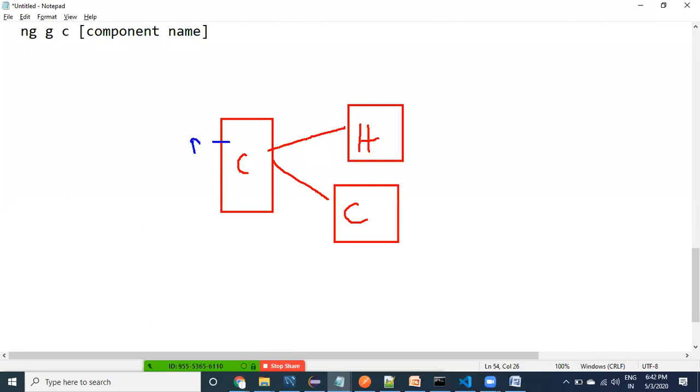Properties I can provide, and then methods. Properties and methods can be used. In the CSS, what kind of code? Styles. I can provide the styles. In HTML, what does it contain? Presentation code, nothing but HTML.